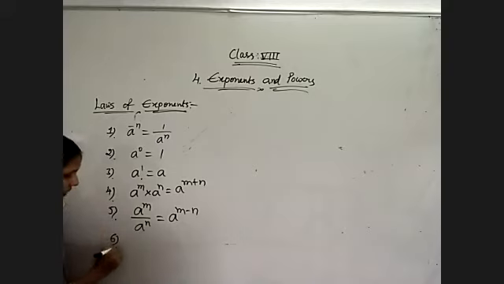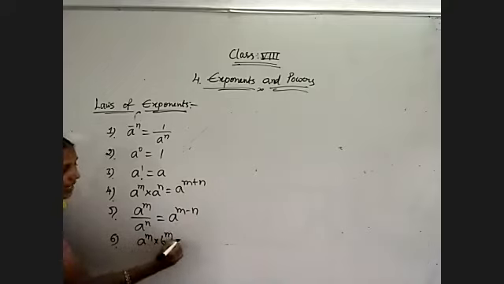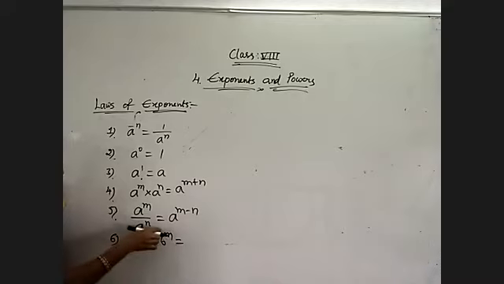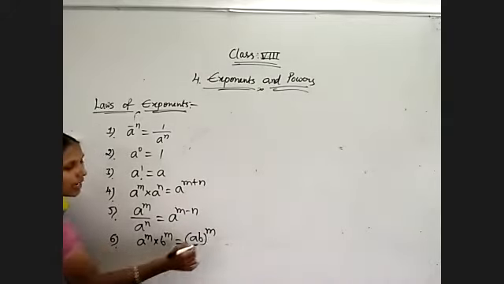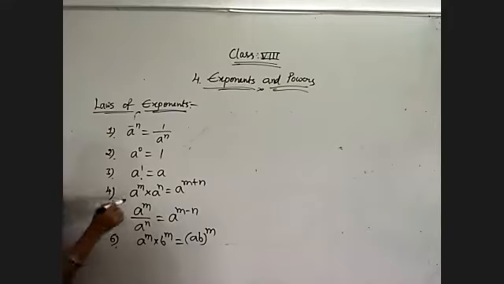And next, sixth one. A and B are having the same exponents. Bases are different, exponents are same, and multiplication we are doing. Then combinedly A into B whole to the power of m we can consider. So till here we have finished. Fourth one, fifth one we have done. Till these 5 rules we have simplified this problem. Still these laws we did not see in the problem. So today we will continue those.